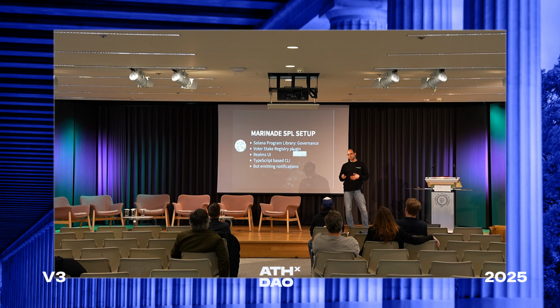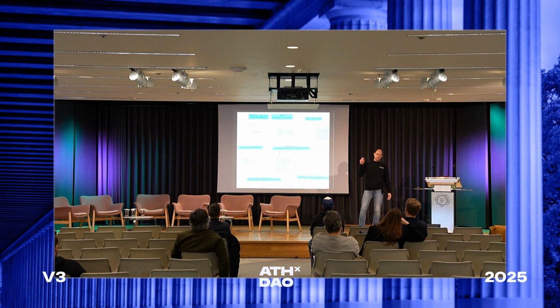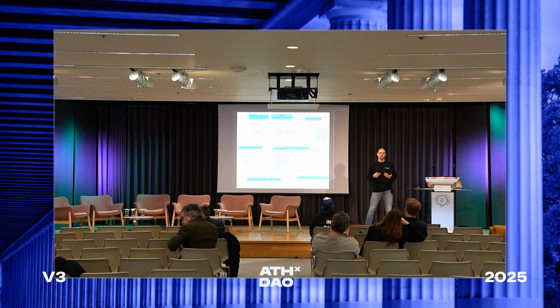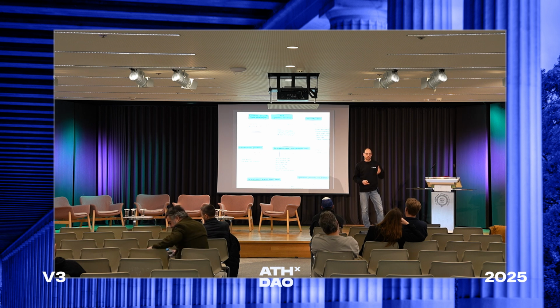We needed to develop a CLI for fine-tuning some of the stuff there. And as for observability, it's important not to be hacked, as some DAOs were last time for inactivity. There is a bot that informs us what's happening on chain about the proposals. And now a bit of a deep dive into the technical aspect of the SPL governance. For that, I can talk in the next slides about how the system is set up.